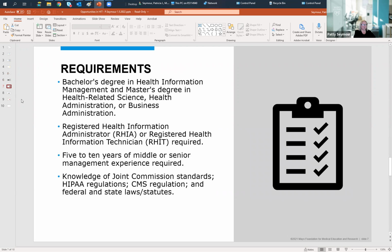So for this role, it does require a credential. It requires a bachelor's degree in health information management and a master's degree in health-related science, health administration, or business administration. To be the administrator of HIM, historically, you didn't have to have the credential, but we found that the value is there. In order to lead this section of health information management, who better to lead it than somebody that has that credential? And so it is now a requirement, and it was when I applied for the role